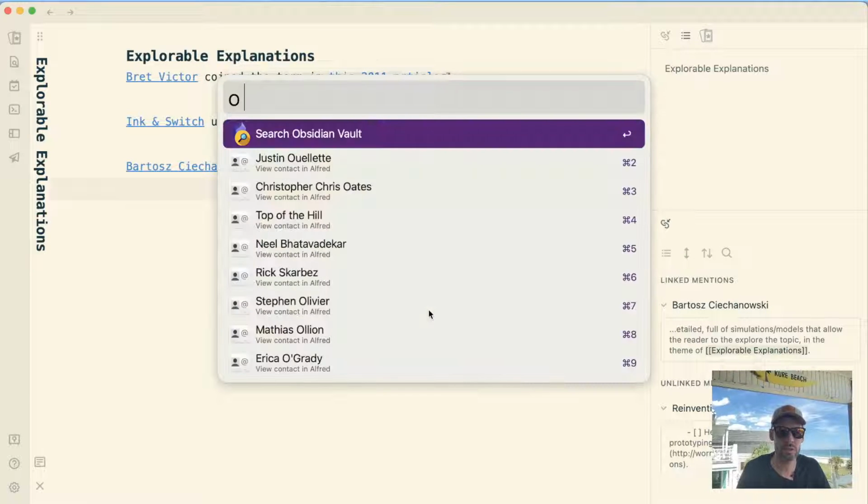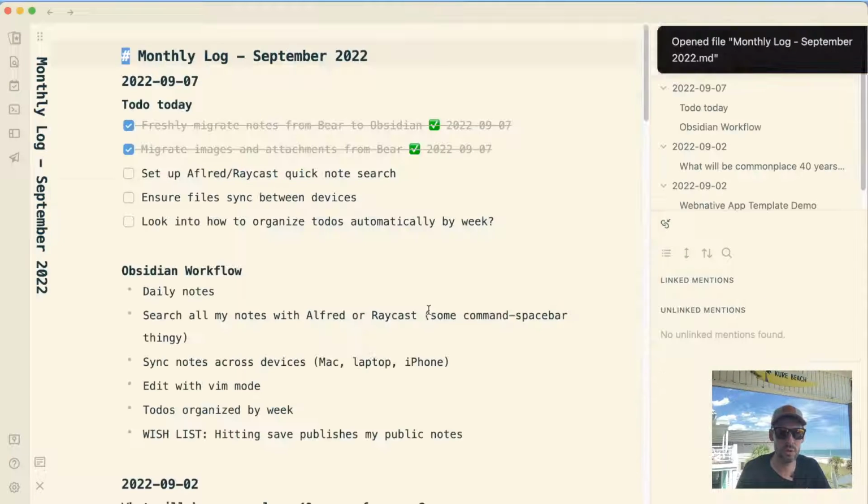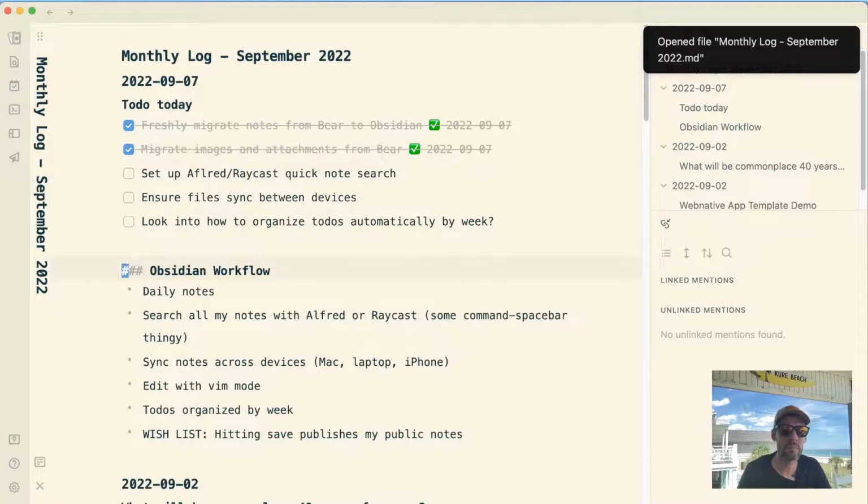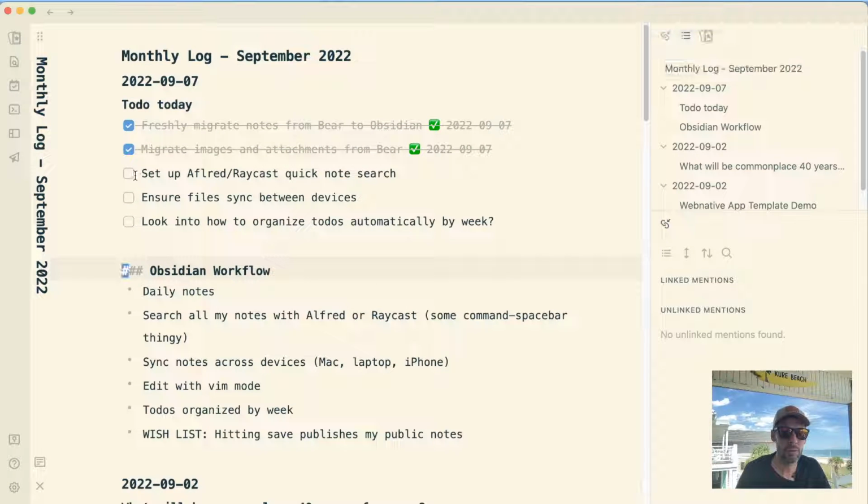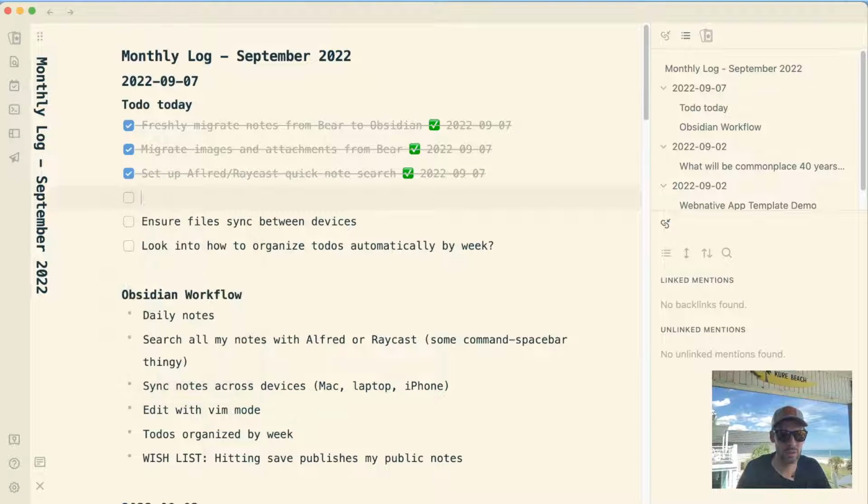Let's go back over to September 2020 where we had our Alfred setup. Let's add a little more detail here of how bad it's going to be to edit things using Alfred 5 with Power Pack to get some extra features.